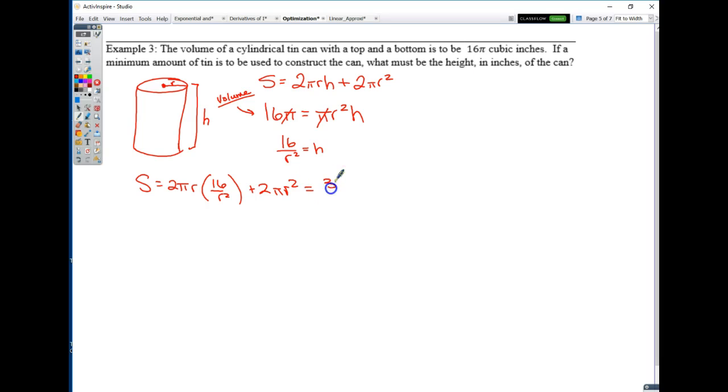Let's call this 32 pi over r plus 2 pi r squared. Cool. Take the derivative. What is my independent variable? Fantastic. So I want dS dr is